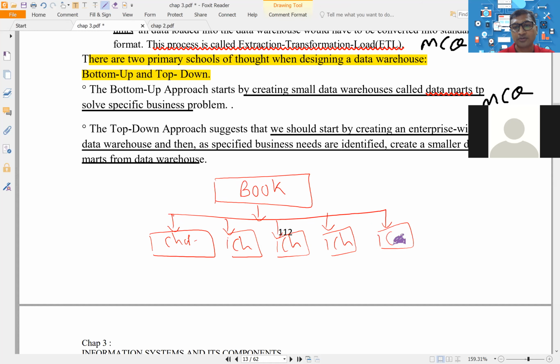Write down in the chat box. Tell me. If you first create the book and then you divide into chapters, let's see how many are giving. I'm going to give you the answer.